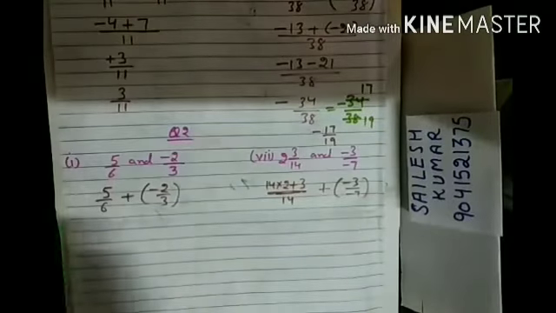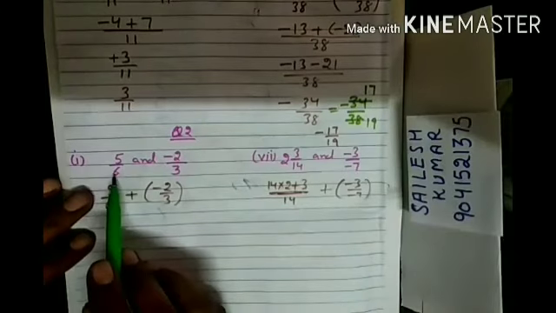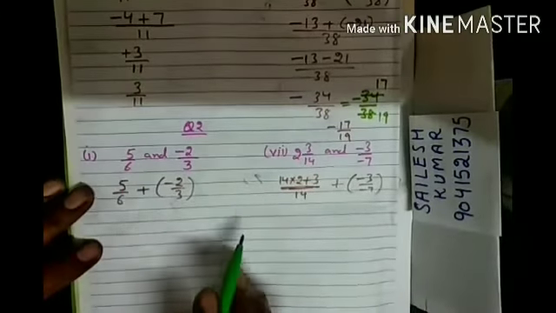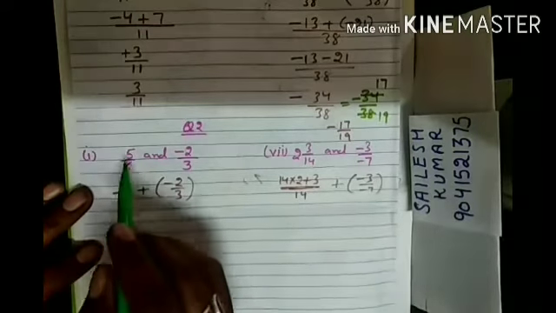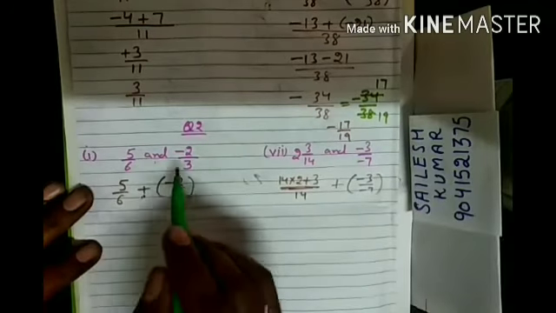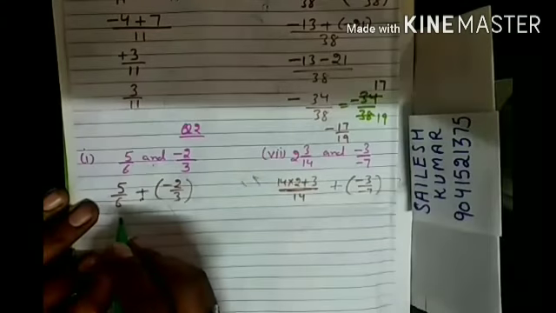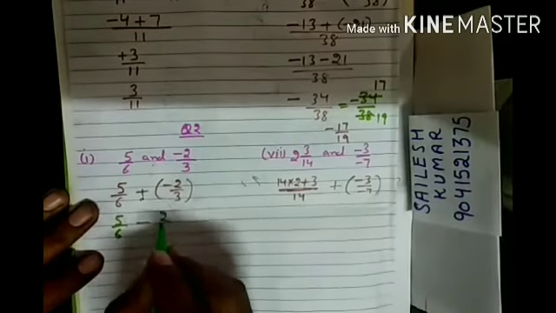Now in question number 2, here you will add two rational numbers, but the difference is that the denominators are not the same. So we will just solve it as fractions, as we did in the earlier topic. Now 5 by 6 and plus, we will write the addition symbol and write minus 2 by 3 in the bracket. Now 5 by 6 plus into minus, that is minus 2 by 3.